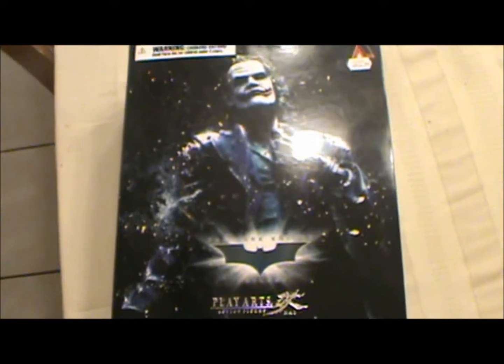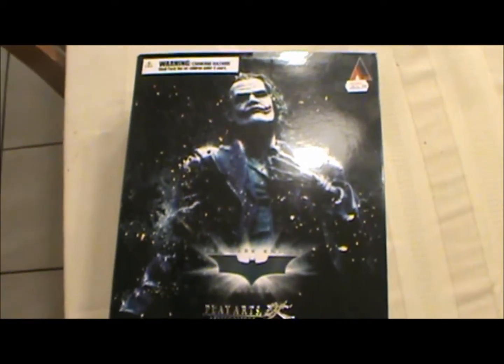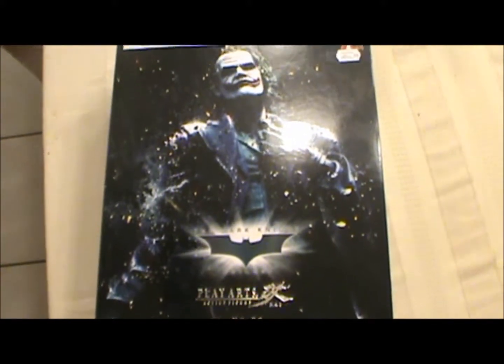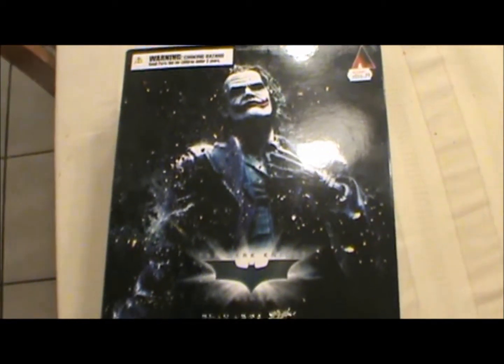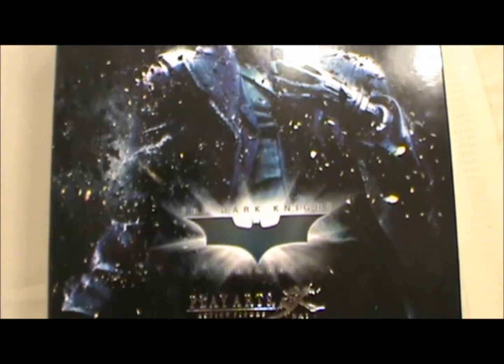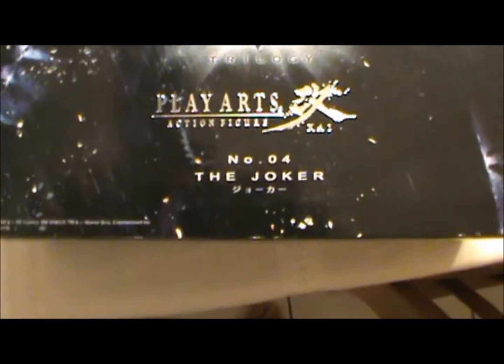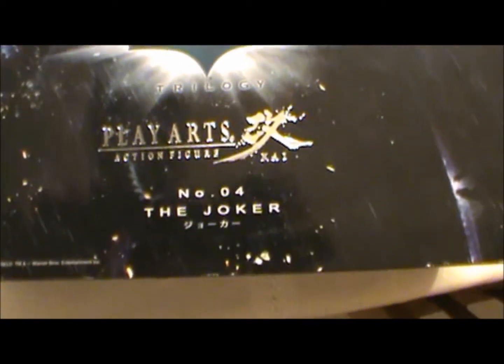So, I'm not going to delay any further. Let's open them. So the first thing you'll notice about the box art is that it recreates the poster style of Dark Knight Rises, which is cool, but kind of odd since it had nothing to do with the poster art of the movie he was from anyway. So, we got a fairly good shot of the prototype figure here. Ignore the price sticker from my comic shop. The Dark Knight, Play Arts Kai. Number 4, the Joker. The other 3 in the series are Batman, Bane, and